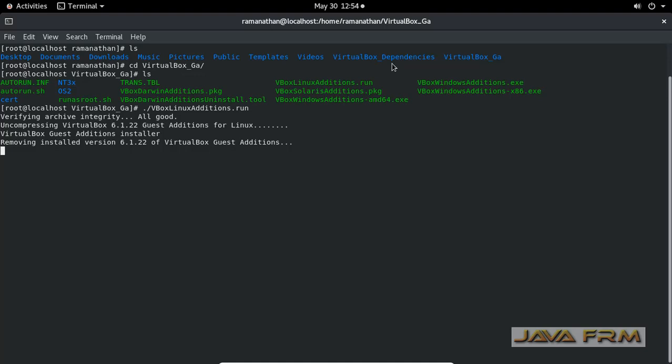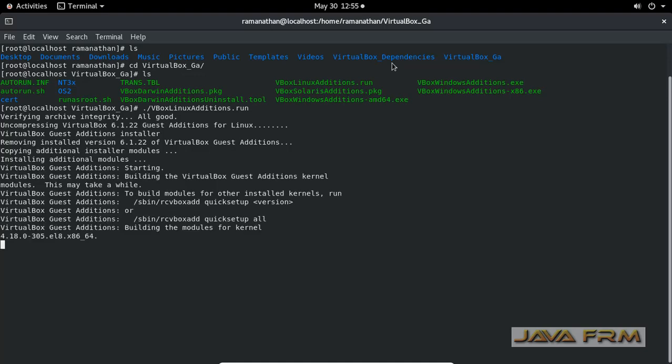This VirtualBox Guest Additions software will work for kernel 4 only. So make sure that you have selected Oracle Linux kernel 4.18 in order to install this Guest Additions software.